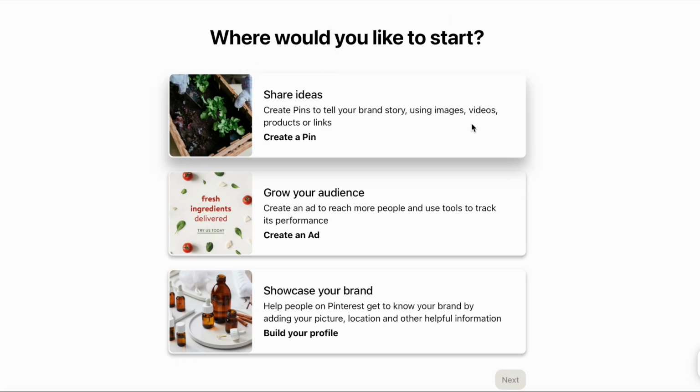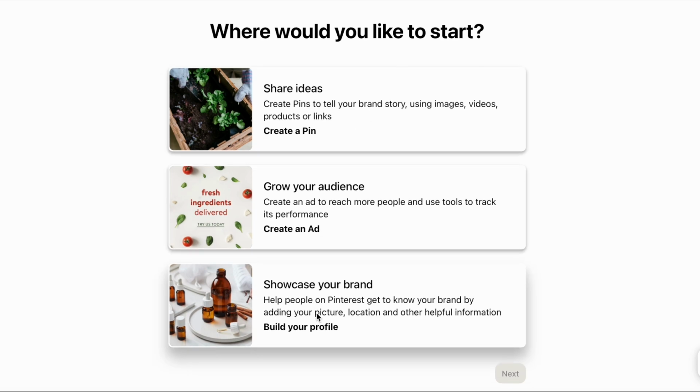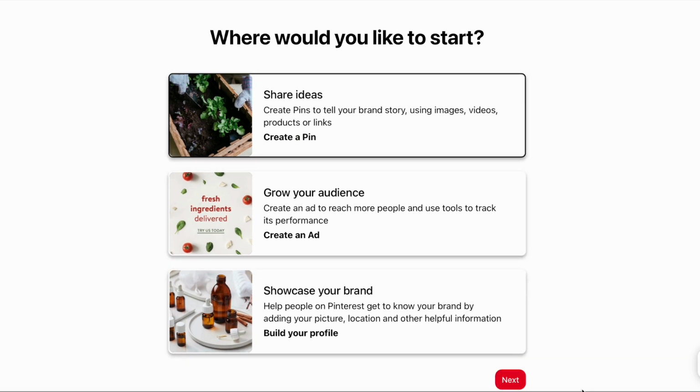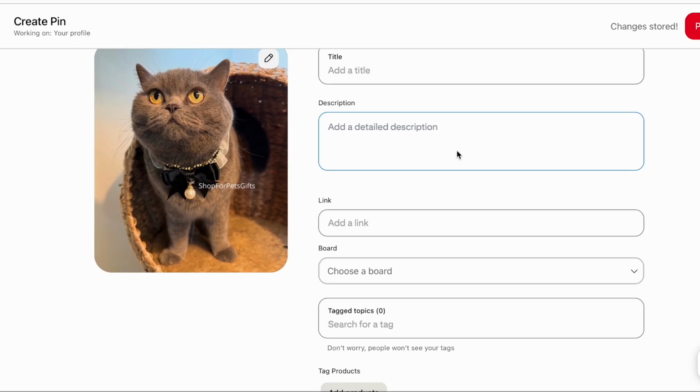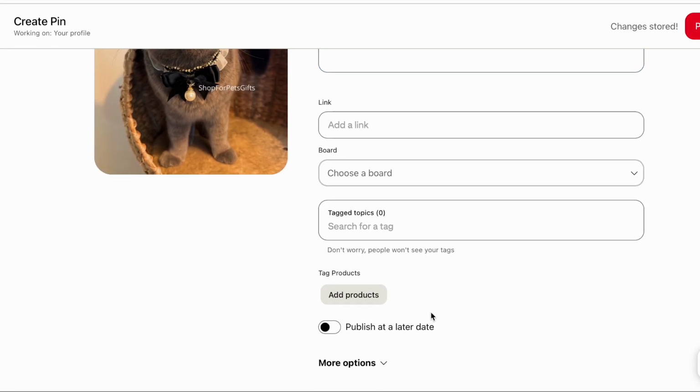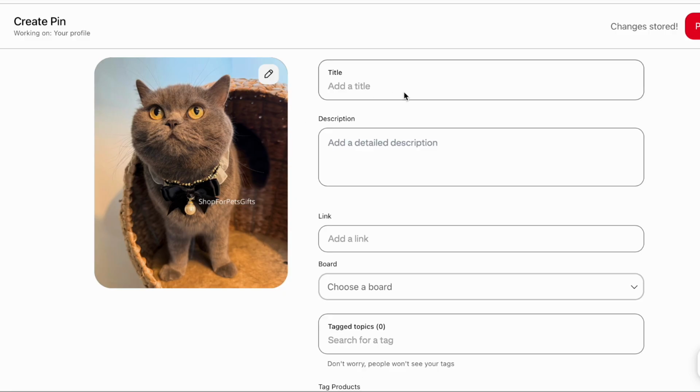Okay, so here we've done all these steps. And where would you like to start? Well, we can choose anything like that, share ideas. And here they ask us to create our first pin in the beginning. Well, I'm not sure if we can skip this for some, so I think we can't skip it now. But let's just have some image ready to make your first pin, right? And here we can create, just because we can edit it all later, but let's create